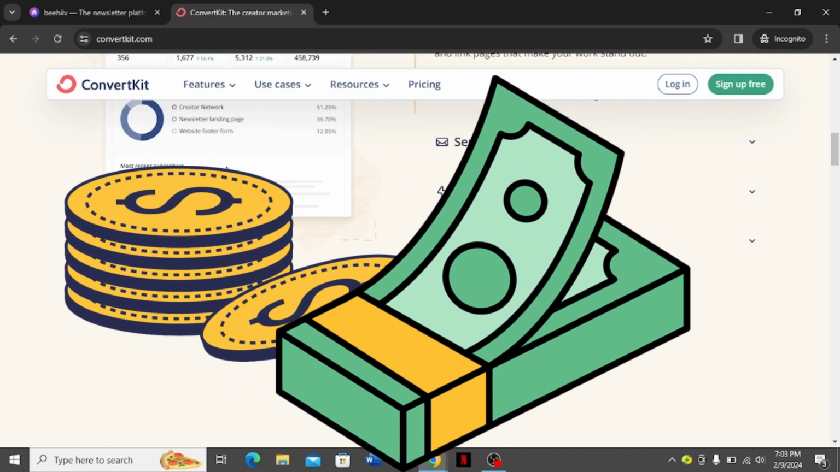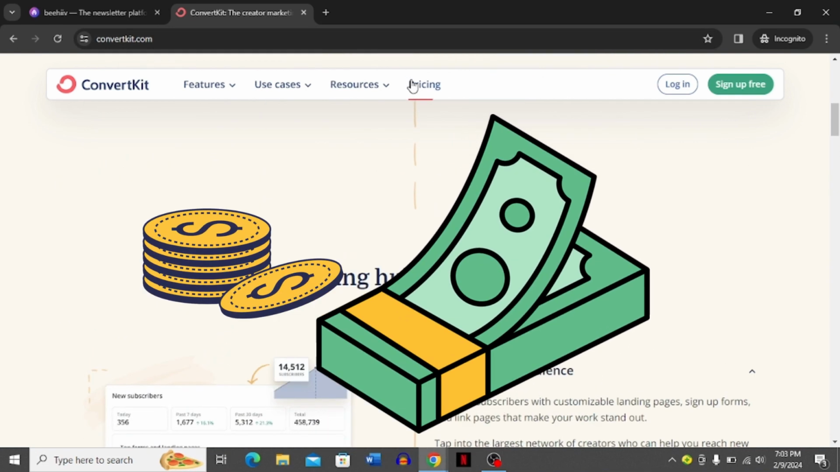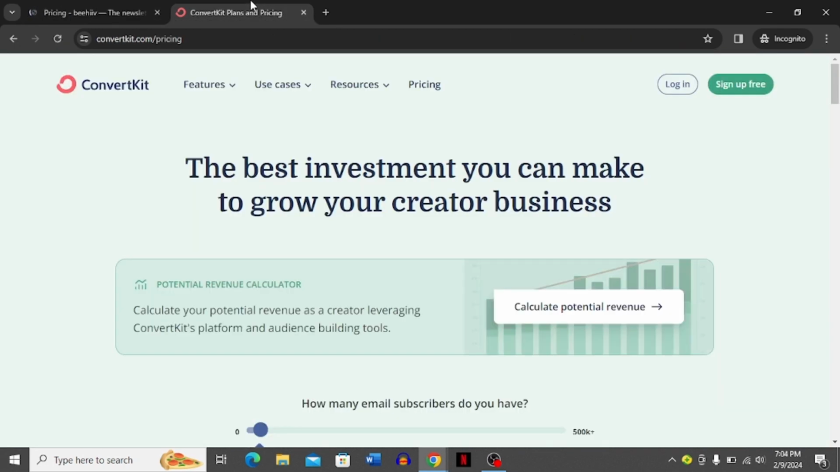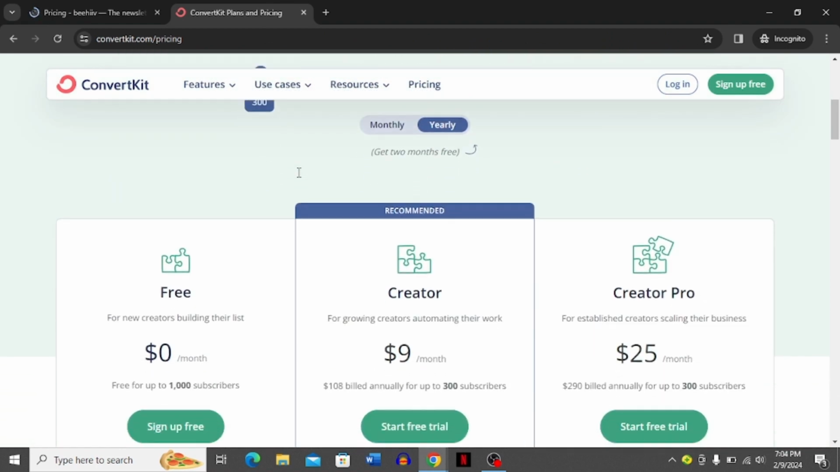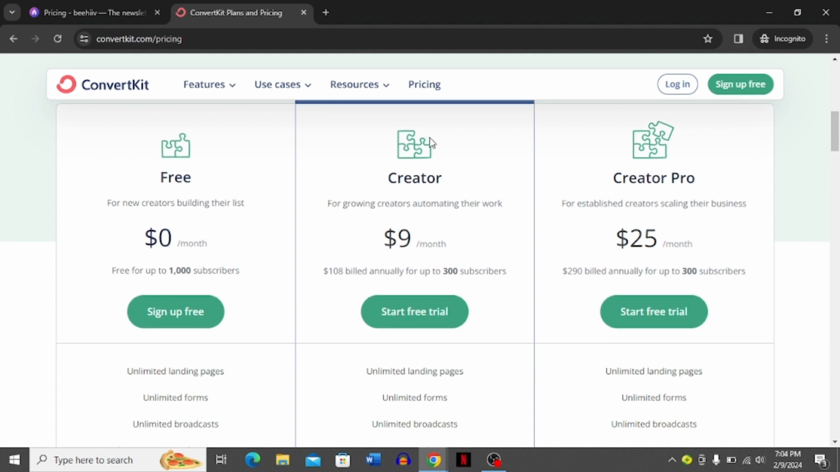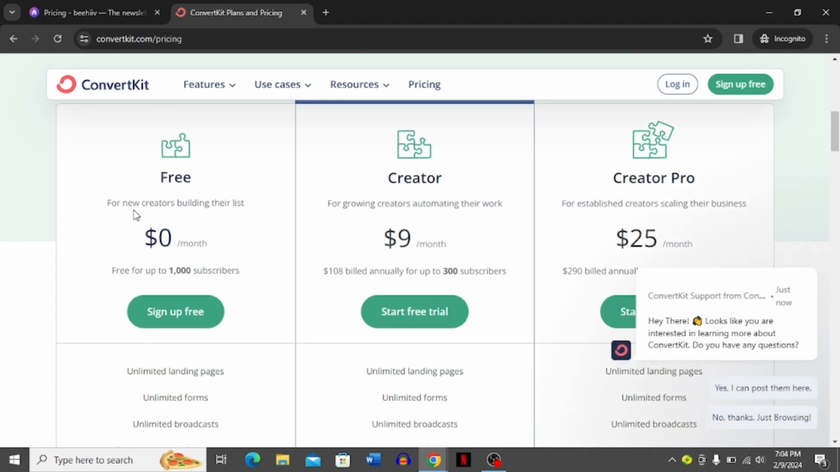Let's talk about the pricing sections of both. I'm just going to go to the pricing sections of both and tell you the difference. So here you can see that we have three pricing sections in Convertkit. One is the free plan, then the creator one, and then the creator pro. The free one is priced at $0 per month and it's free for up to 1,000 subscribers. The creator plan is priced at $9 per month and then the creator pro plan is priced at $25 per